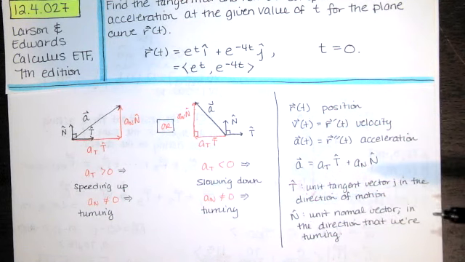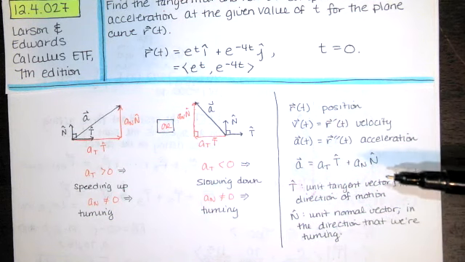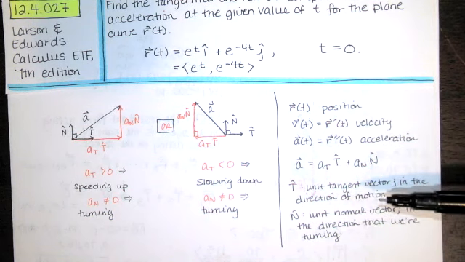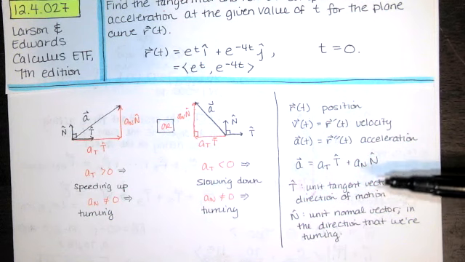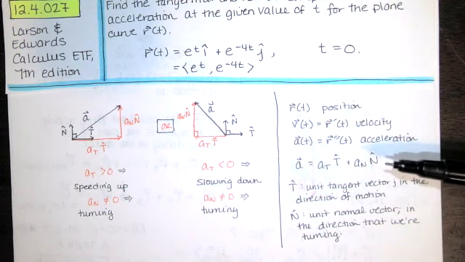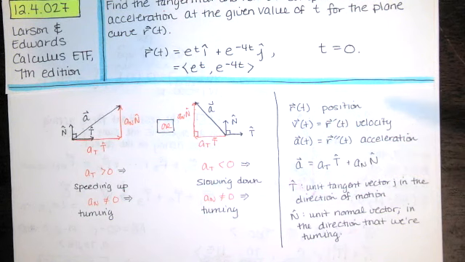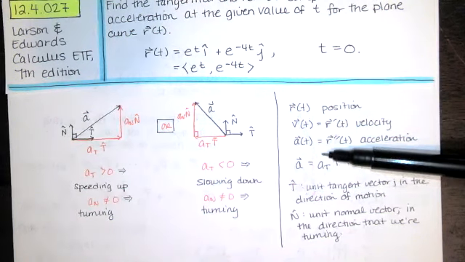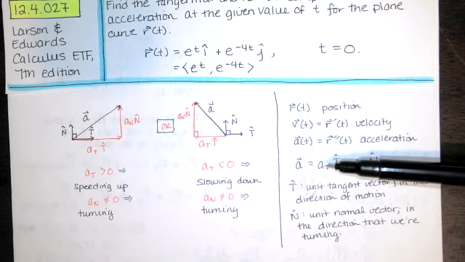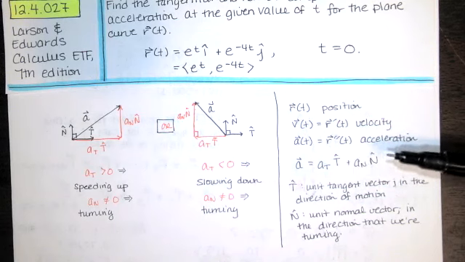That's the direction that we're turning if we're moving along this curve, if we happen to be turning. All of this would be true. So this a sub t and a sub n, these are just scalar values. This a sub t is called the tangential component of acceleration, and a sub n is called the normal component